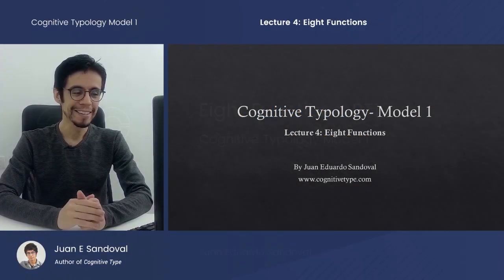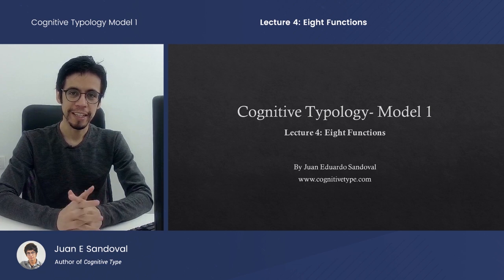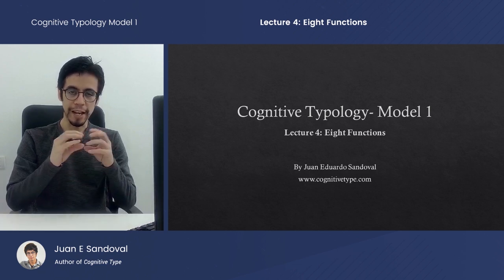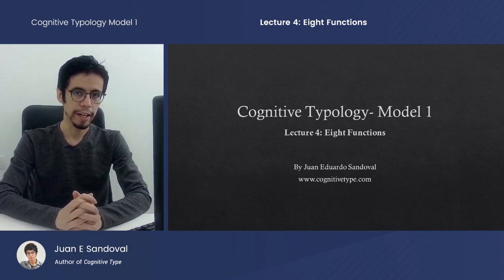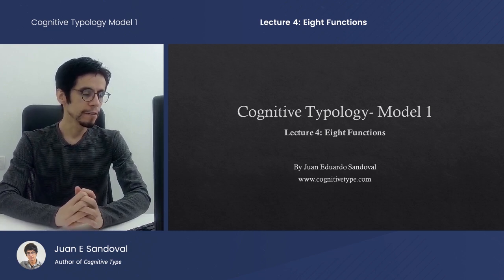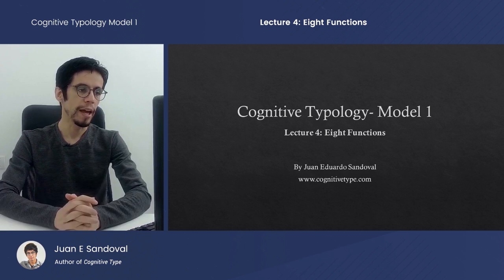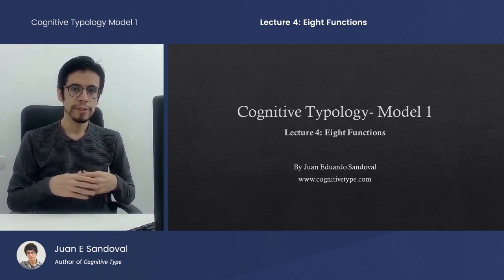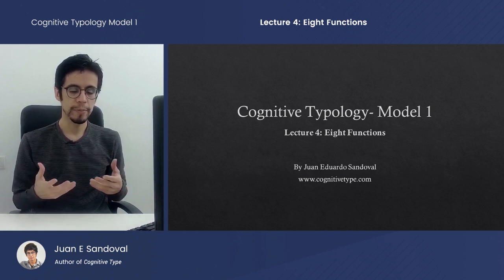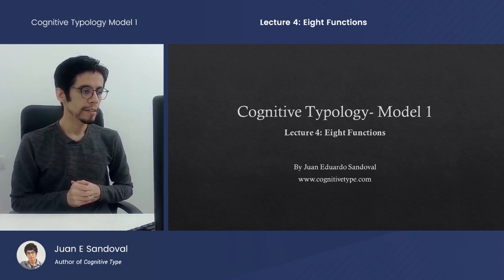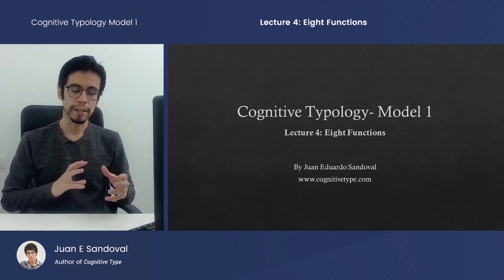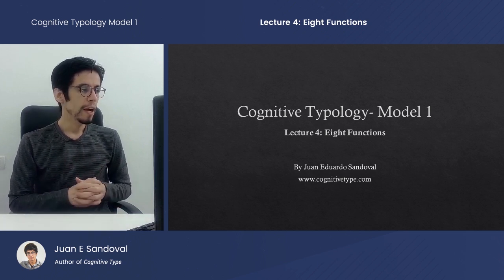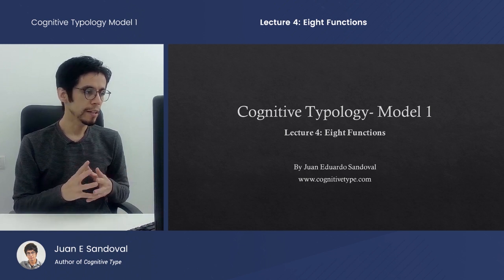Hey guys, welcome back. Today, we're finally going to take a look at the 8 Jungian functions, as well as the 4 function axes that are created by these 8 functions, and the 4 function quadrants which come along with that. This is going to be one of the most challenging videos yet, because I need to introduce to you a lot of different concepts all at once, and then tie them all together towards the end. So if something isn't making sense during the presentation, hang on until the end, and I think all your questions